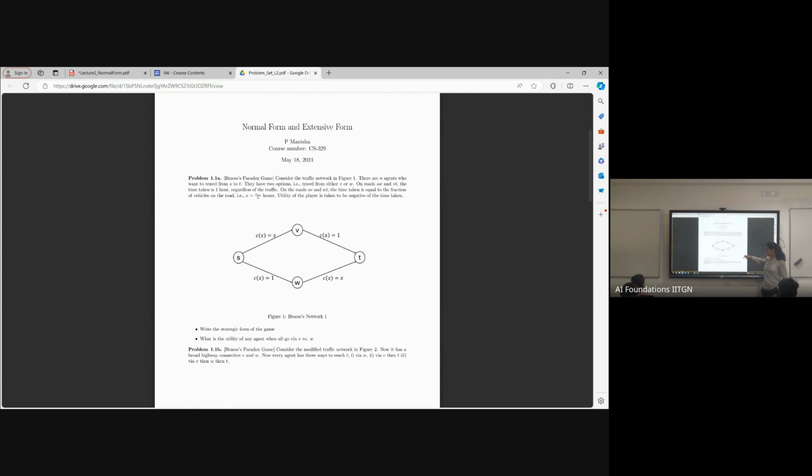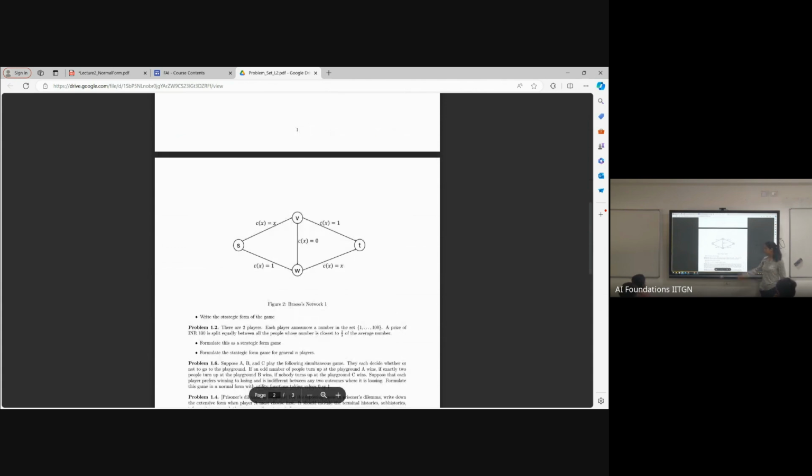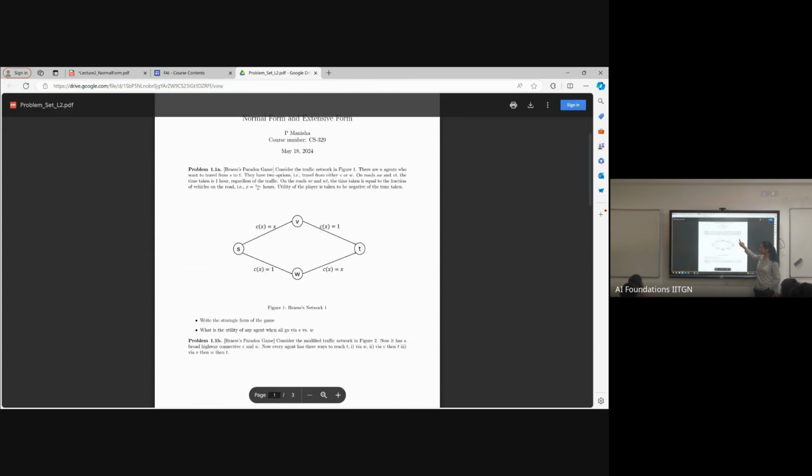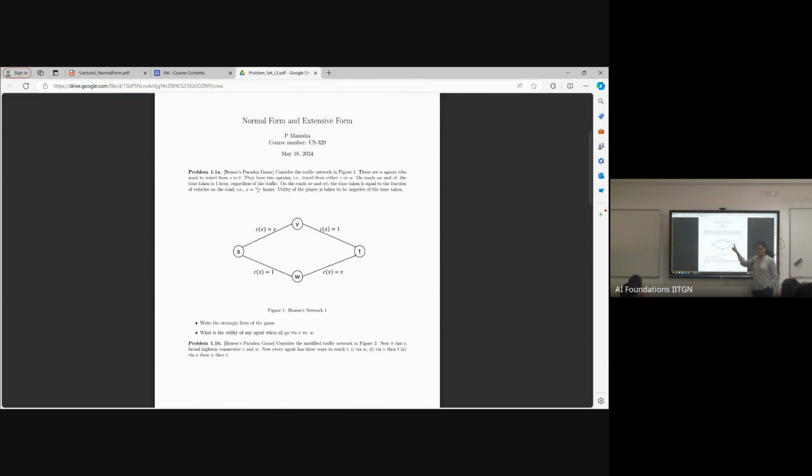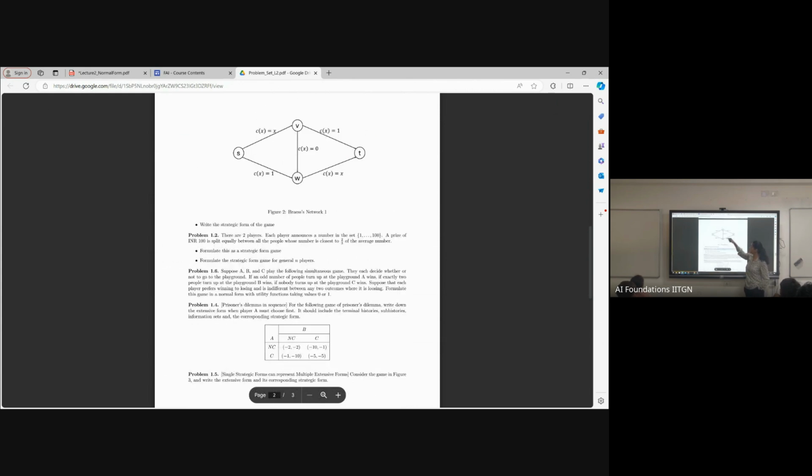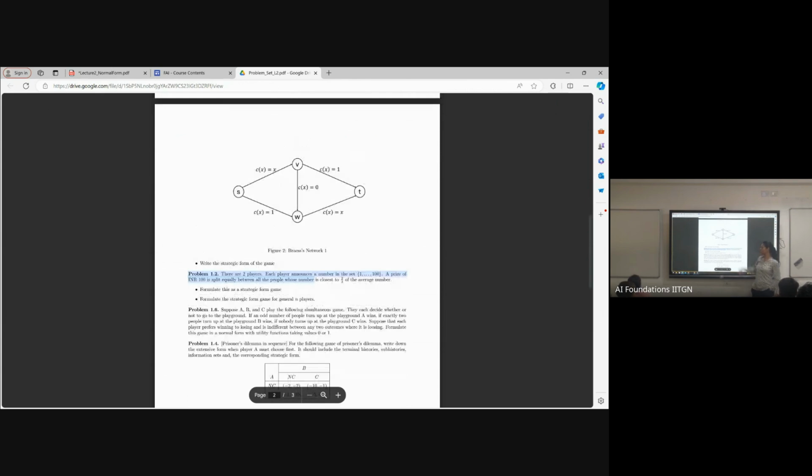But now I'll just modify the same traffic example with an additional road. Now this is a super speed highway. It's like zero. It's a teleportation device that we have in place. Now you have three different ways. In the previous one, all the agents had two possible actions: go via V or go via W. But now you have three possible actions. That is, go via V, W, V to W, and it's directed. Probably it's not visible so much, but people cannot go from W to V, only V to W. So three different actions. Now, what are the corresponding utilities for all that? That is something I want to talk about.